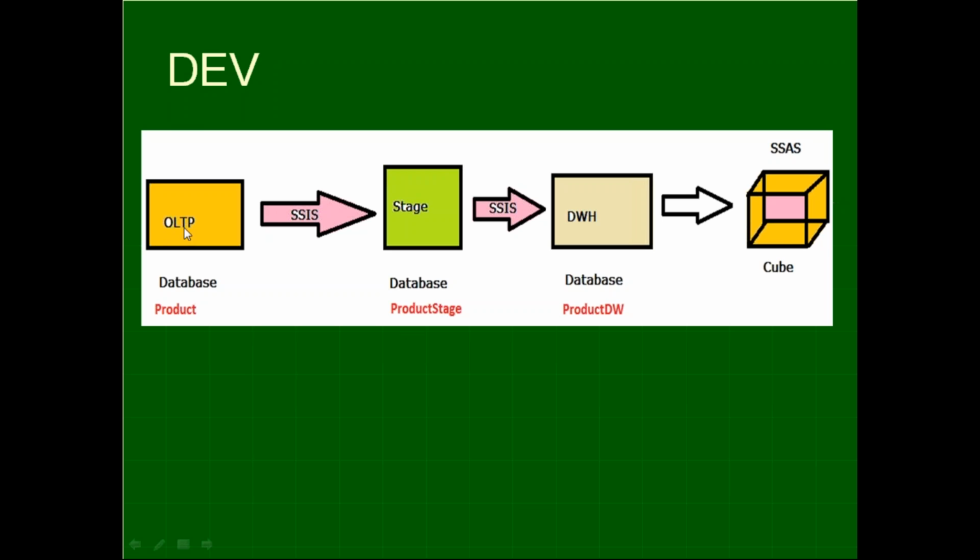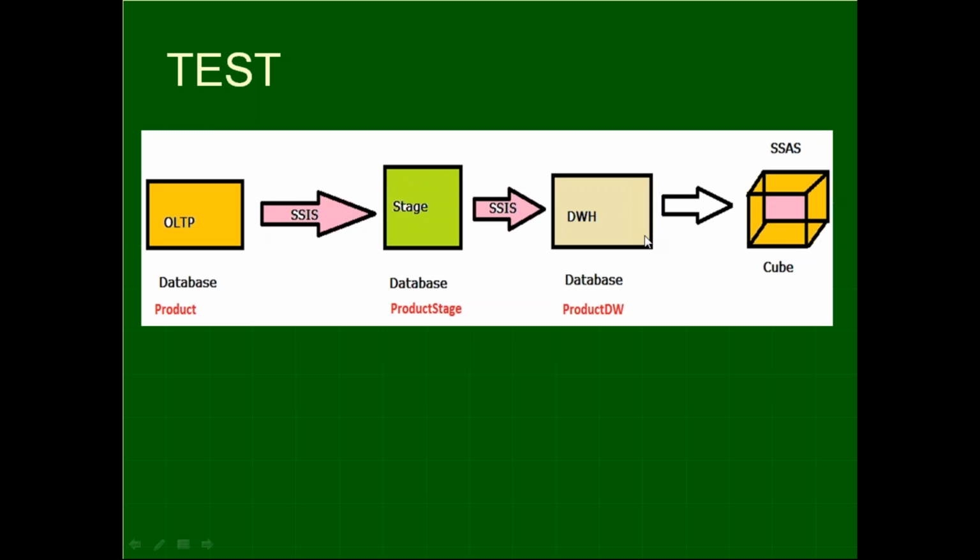So tomorrow you are not going to have an OLTP same as the production, because you are having the same tables and all, but the data will not be the same as the production. And remember, the testing department people also will be having OLTP, and they'll have their own staging servers, and they'll have their own data warehouse servers,